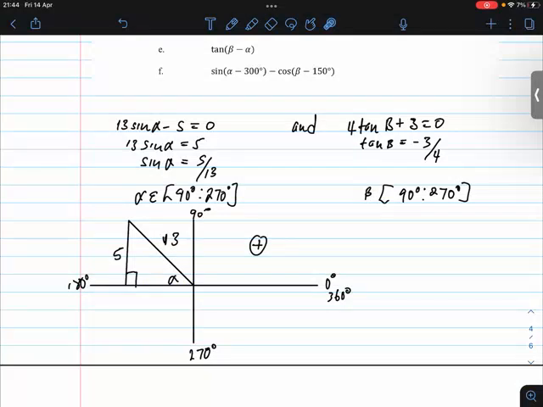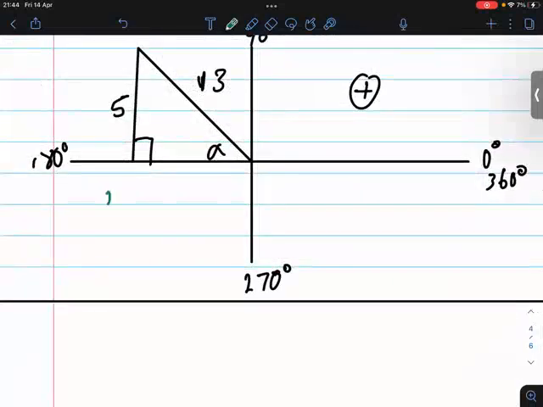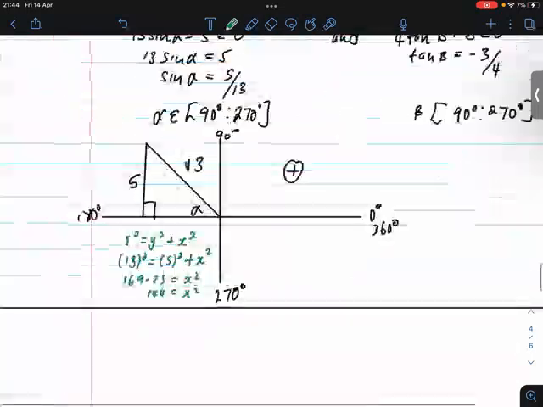Pythagoras. And this is the x value. So we know that Pythagoras says that r squared, which is the hypotenuse, equals y squared plus x squared. What is my r? My r is 13. What is my y? My y is 5. What is my x? I don't know. And then that is 169 minus 25 equals x squared. And then you see that that is 144 equals x squared, which then leads us to,